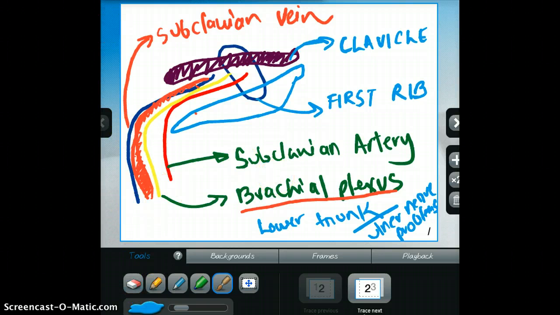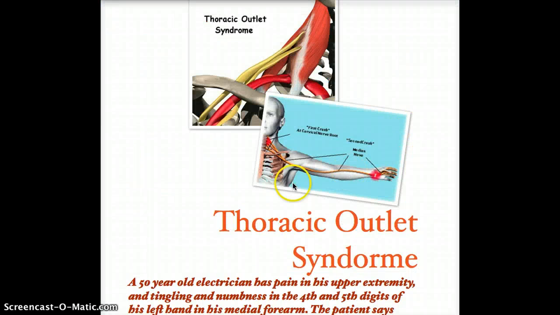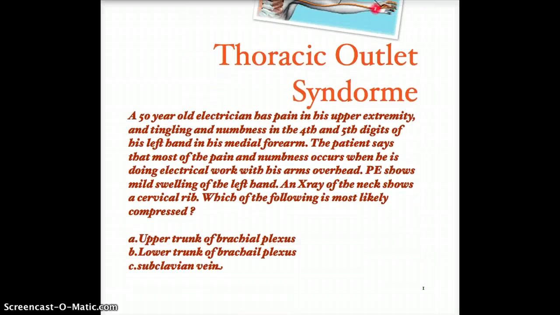Now let's go back to our question. So just a quick picture here. This is the brachial plexus coming from the cervical rib. This is the subclavian artery. This is our clavicle. This is probably our first rib. This would be our thoracic outlet. So let's look at the question again. So this is a 50-year-old electrician. Oh, by the way,